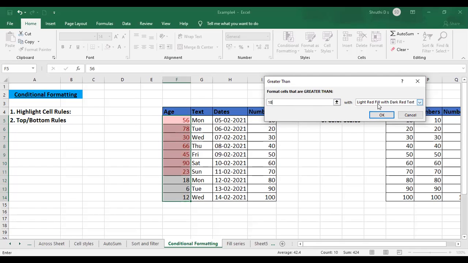Light red fill means the cell will be filled with light red and the text will be written in dark red. If you want, you can just select this only. I have selected the condition greater than 18, the cells to be filled with light red and the text to be in dark red.